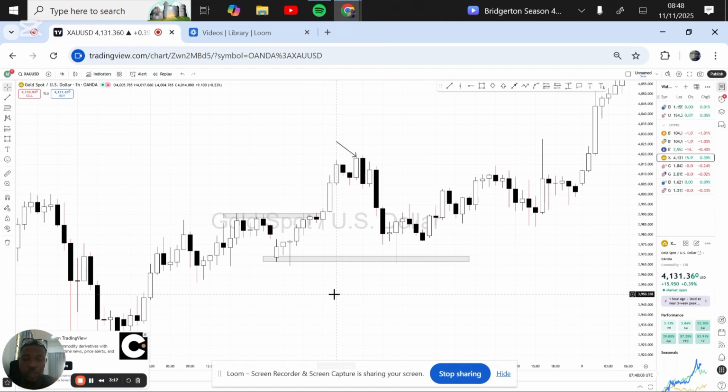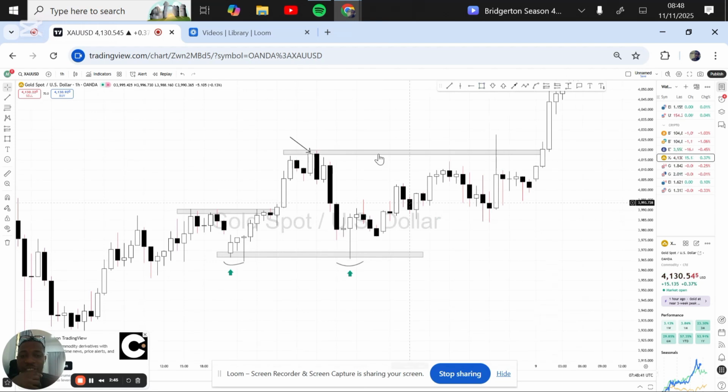Now when I came to the market, I noticed price made this high and then tapped this low. If you pay attention, after tapping this low, first of all, it did not break this low that made this high. There was no break to the downside. That's telling me the buyers are still in control. The buyers are still in control.